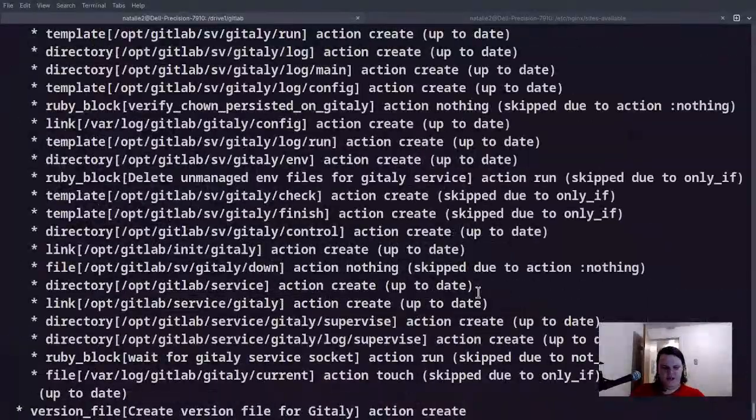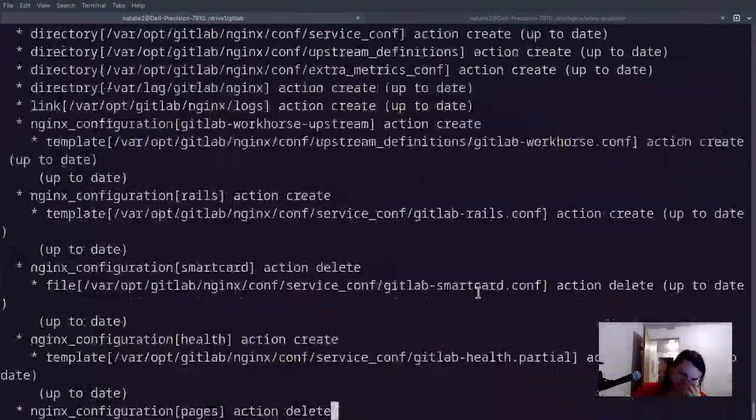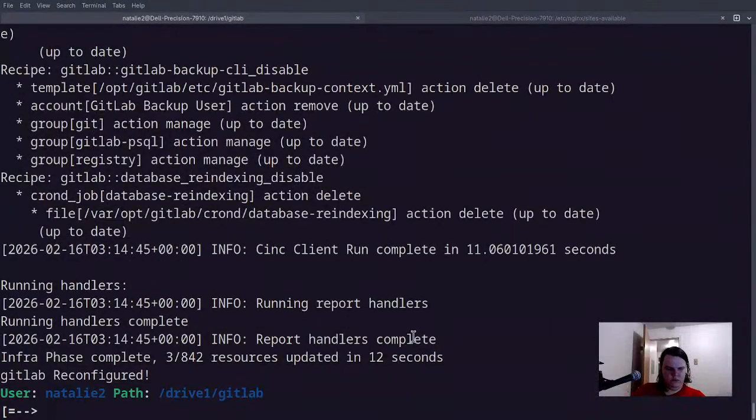This is better. Cool. Docker. Okay, it's still not online, so